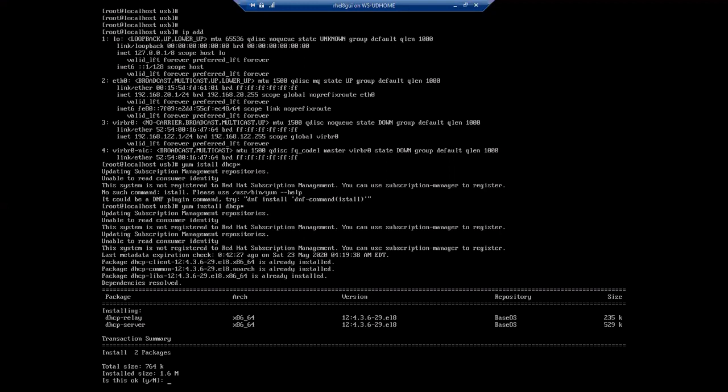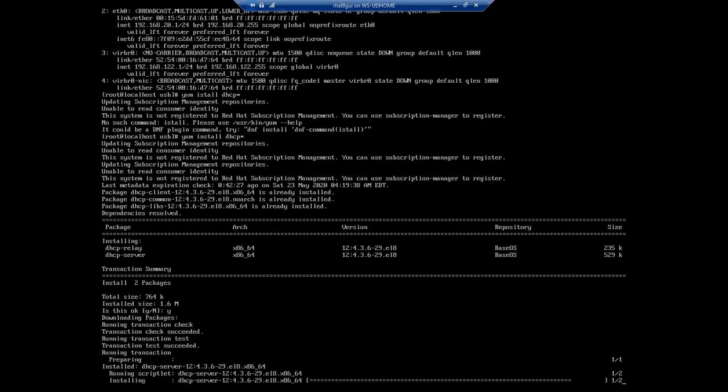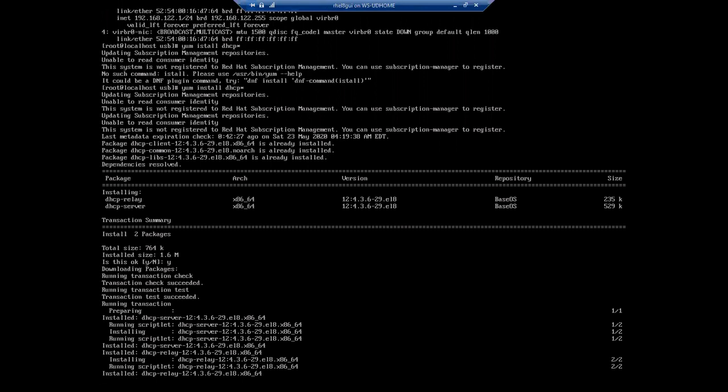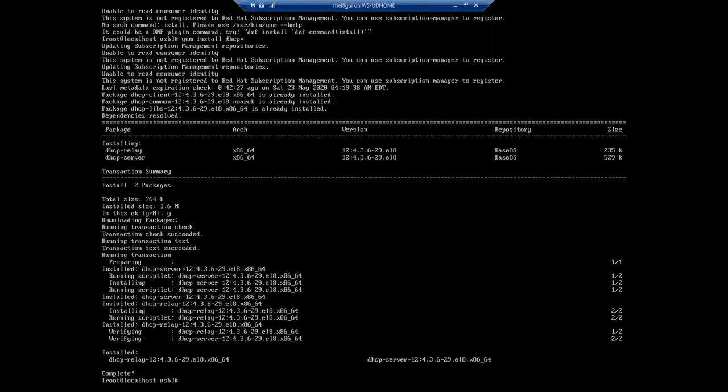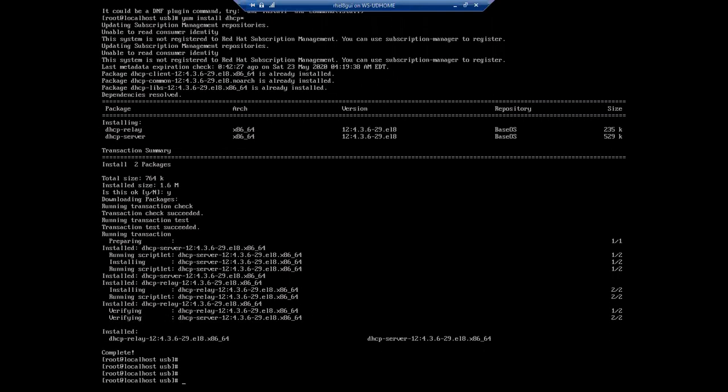For that, I need to configure the DHCP relay agent so that I can assign the IP address from my head office to the client, that is my branch office. Now the DHCP server is getting installed, done.